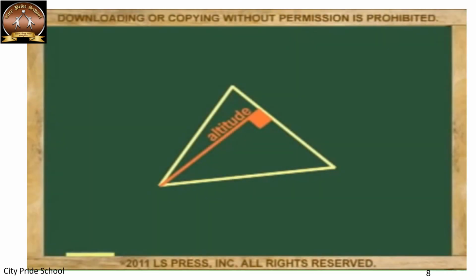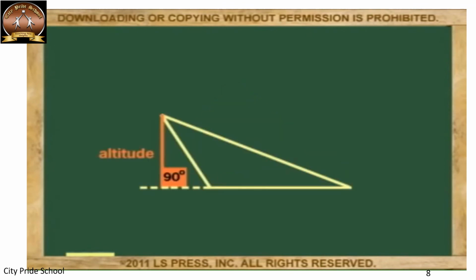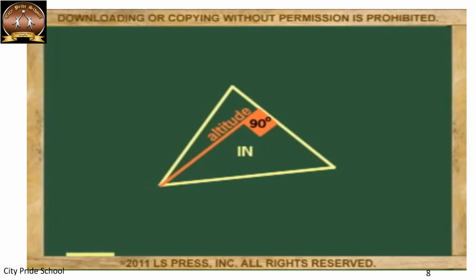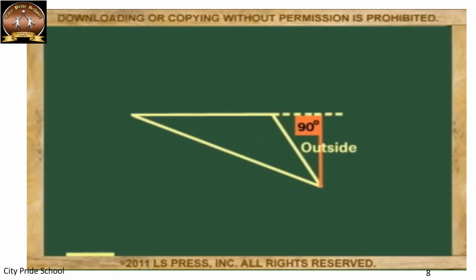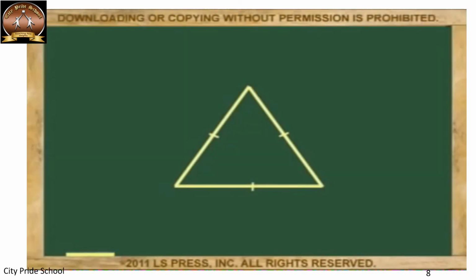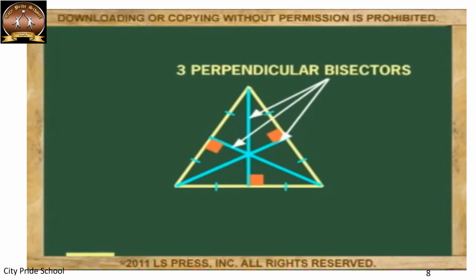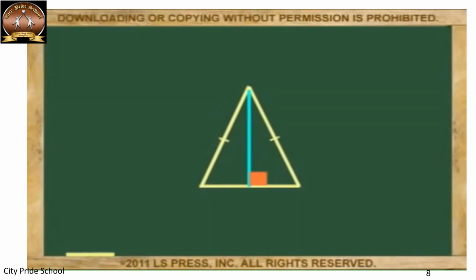The altitude, on the other hand, is the perpendicular distance from any vertex to the opposite side, or extension of the opposite side. Notice that the altitude could end up in the triangle, on the triangle, or outside the triangle, depending on the shape and measurements of the triangle. Also notice that in an equilateral triangle, both the median and altitude are the same from every vertex, and because of it, it has the specific name of perpendicular bisector. In the isosceles triangle, the perpendicular bisector only happens once, from the unequal angle to its opposite side.